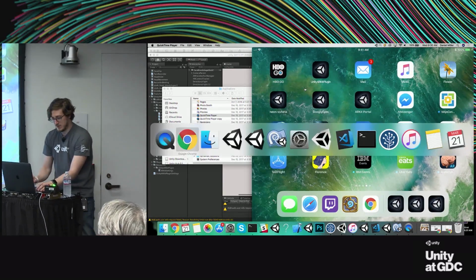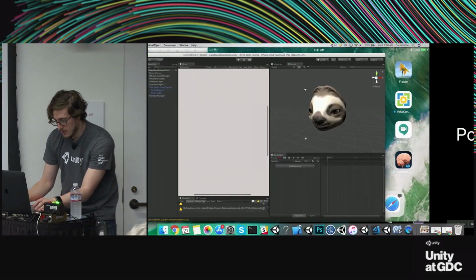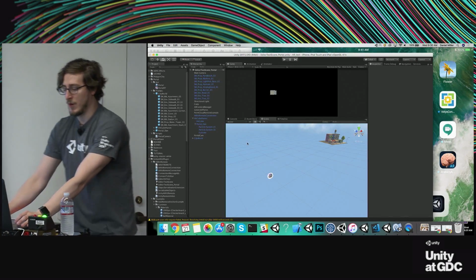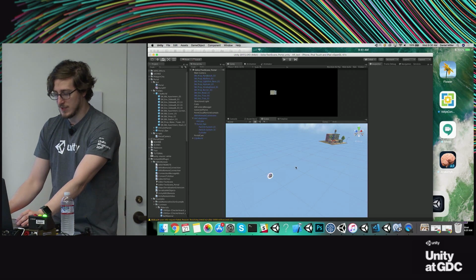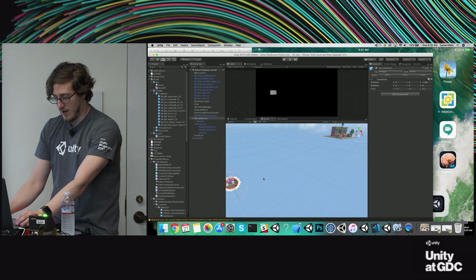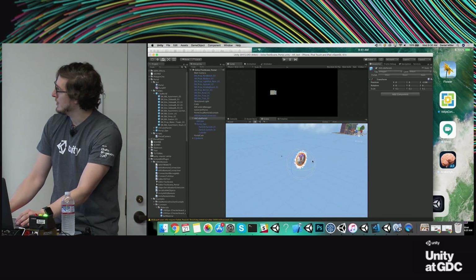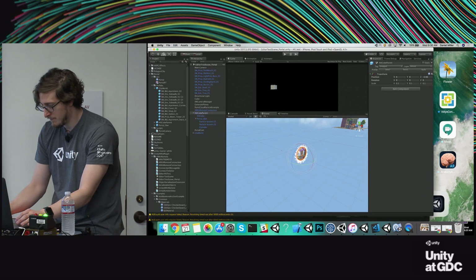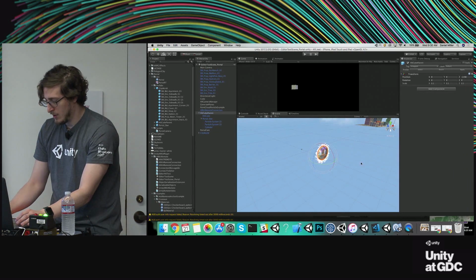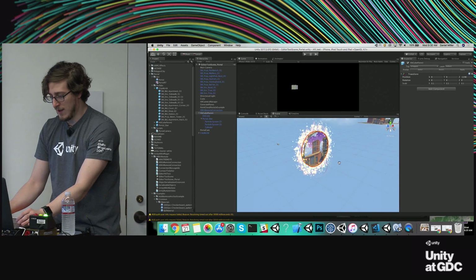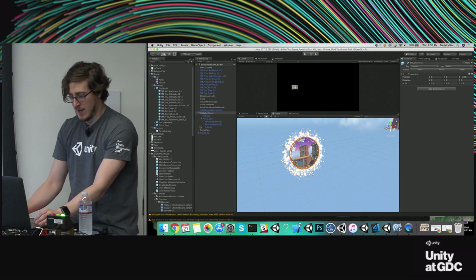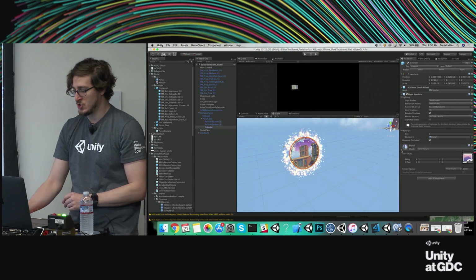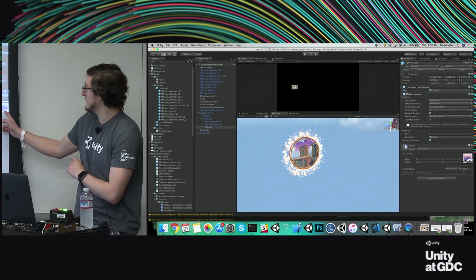There's all my cool apps there. So let's go, not this one, this one. All right, so what I'm doing inside Unity is, right here, I have my little portal. You guys can see this. Let me make this a little bit bigger. So I have my little portal here, and the way that it's set up is that it has a cylinder that I've mashed together, and it's using this shader,